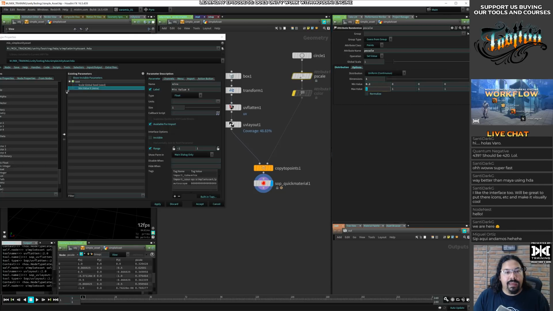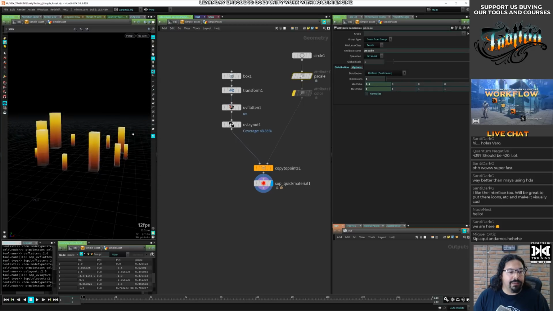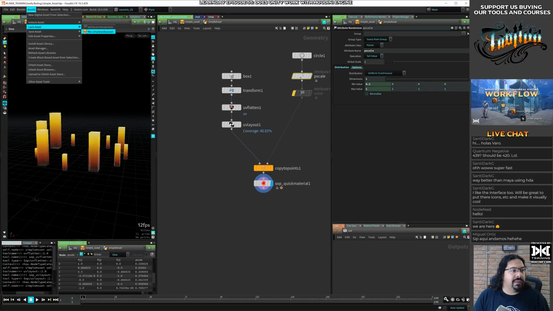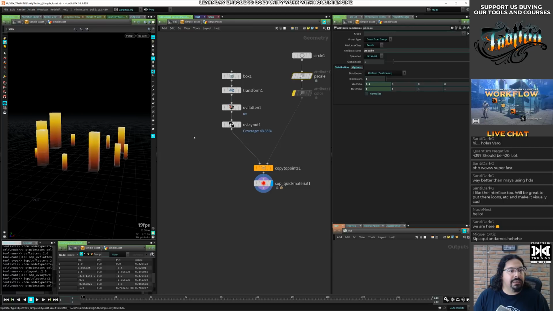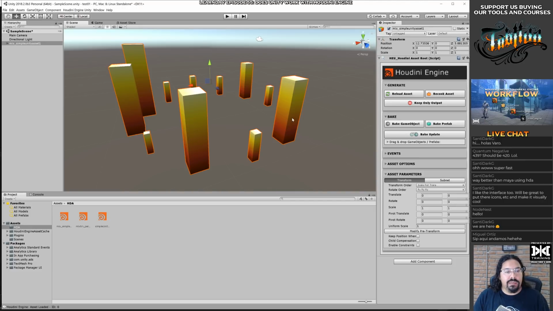Minimum scale and max scale. Do that. Apply. Accept. Let's save the asset, and let's see what happens in Unity.